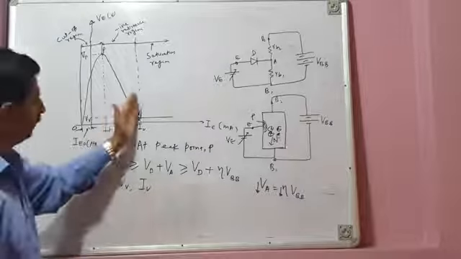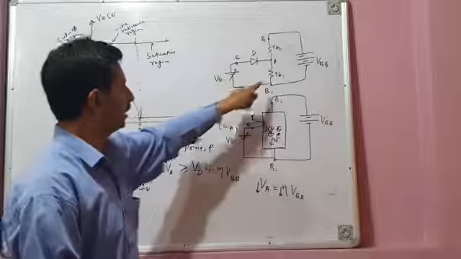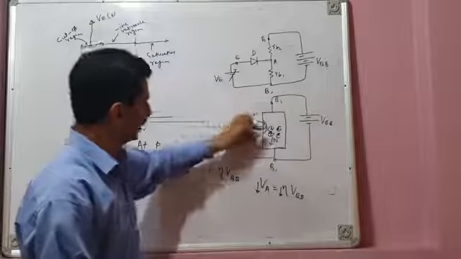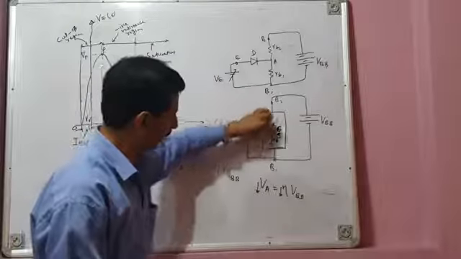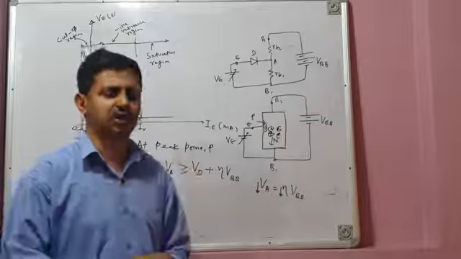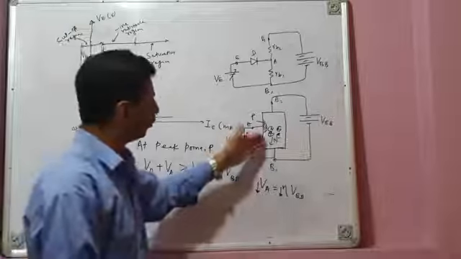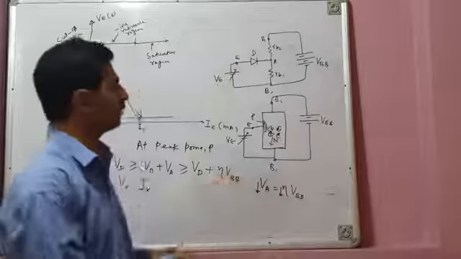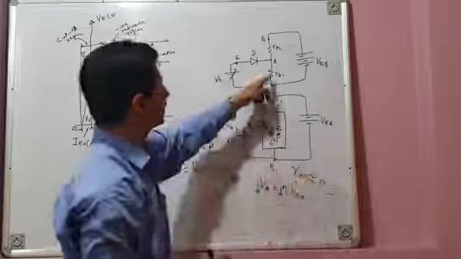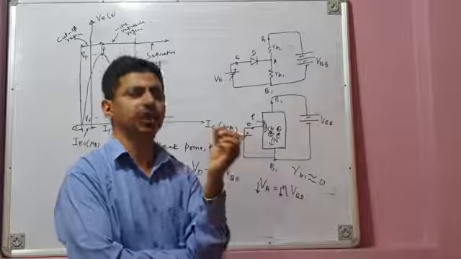What about beyond V? Beyond V, since the device has gone into conduction, this RB1 almost disappears, because this N layer of the UJT is flooded with charge carriers and large current flows. Therefore, this internal resistance becomes nearly equal to zero. RB1 becomes nearly equal to zero, and since it is nearly zero, a negligibly small voltage drop will be there.